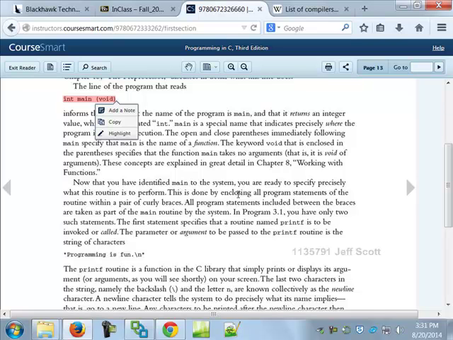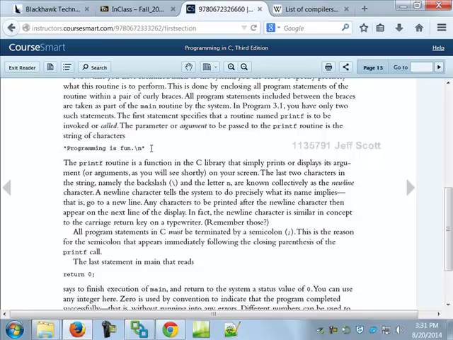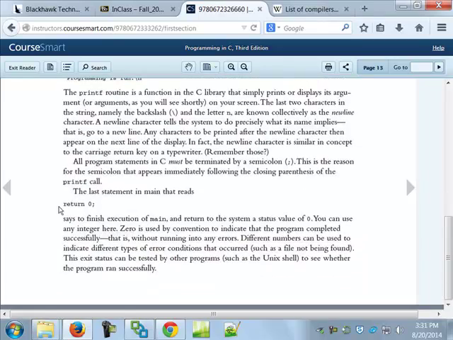Does all that make sense? You know what void is because you've been using void in the past. All right. You know what the \n is, so there's nothing new there. If you do say int main void like this, you have to return an integer. You have to. That's why at the bottom you've got the return 0. If you changed it from int main void to void main void, you wouldn't even need a return statement.